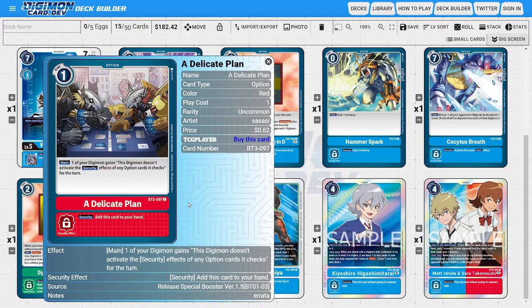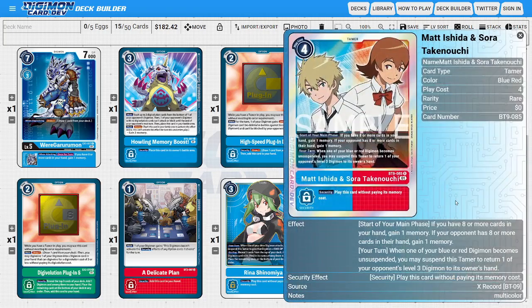And then because we are an OTK-based deck, we do have a delicate plan that we could possibly splash into the deck to make our attacks onto the opponent's security as safe as we possibly can, outside of the fact that we're already giving him jamming. And the Tamer that allows us to do that is going to be Matt and Sora, so this is just another way for us to gain some extra resources, just because at worst we know we're going to be able